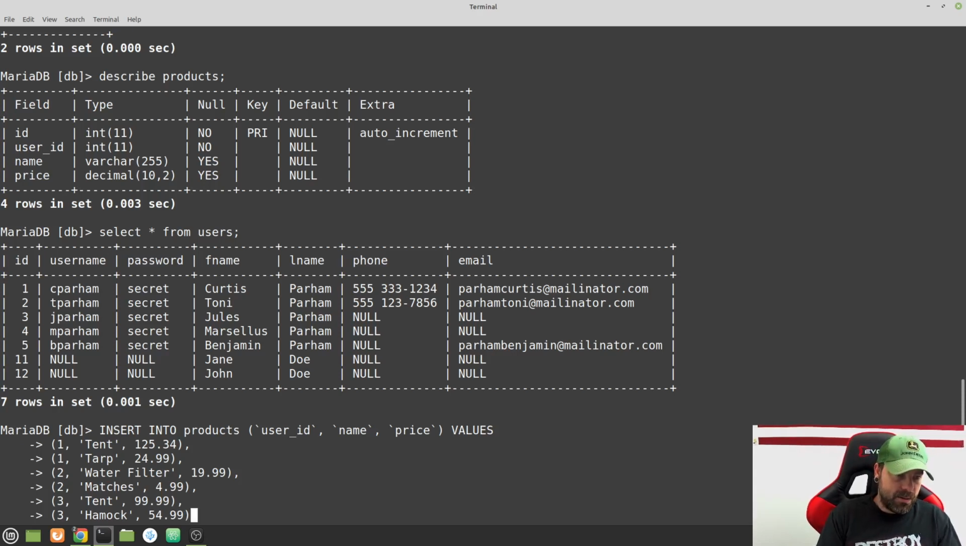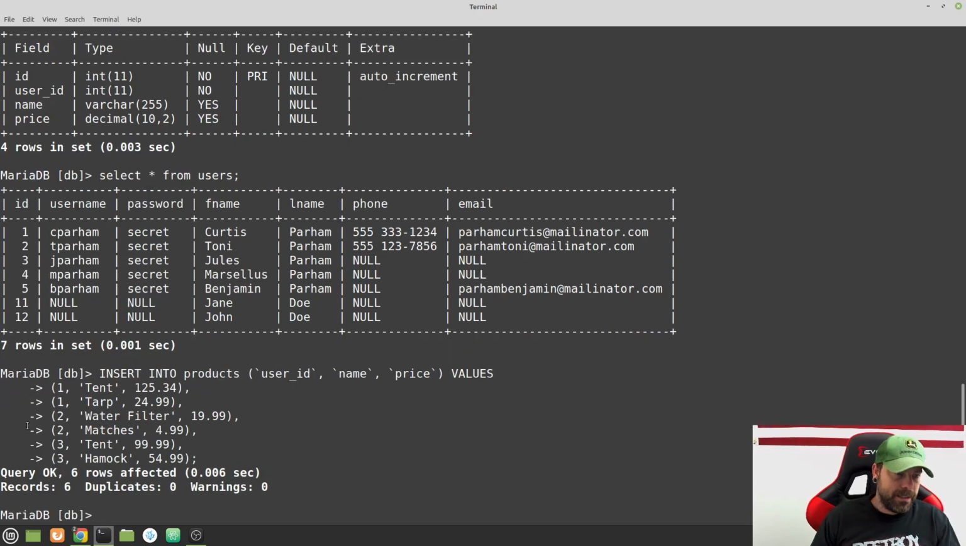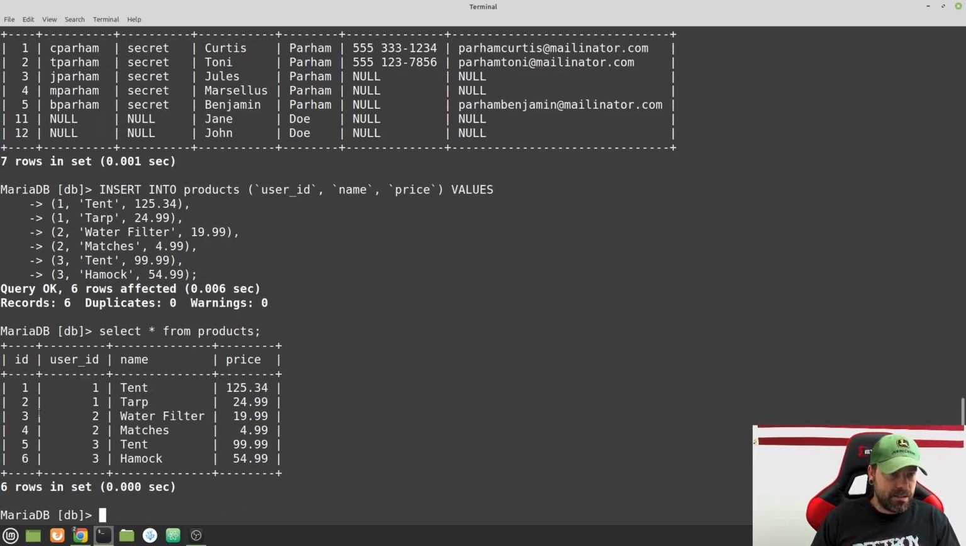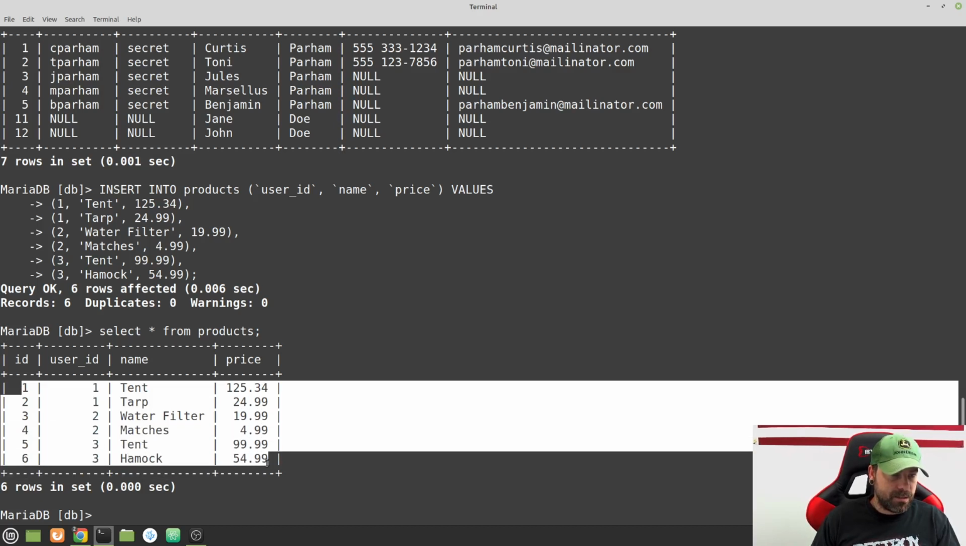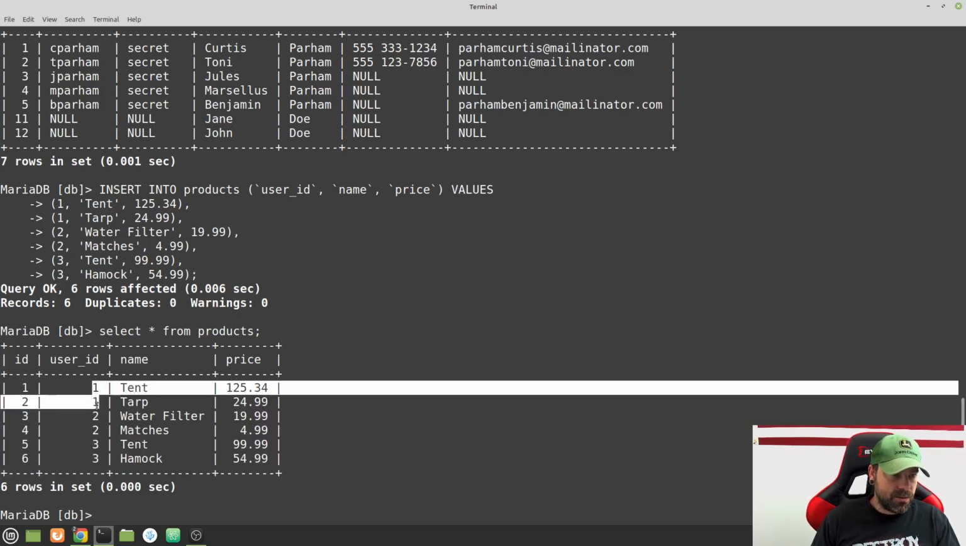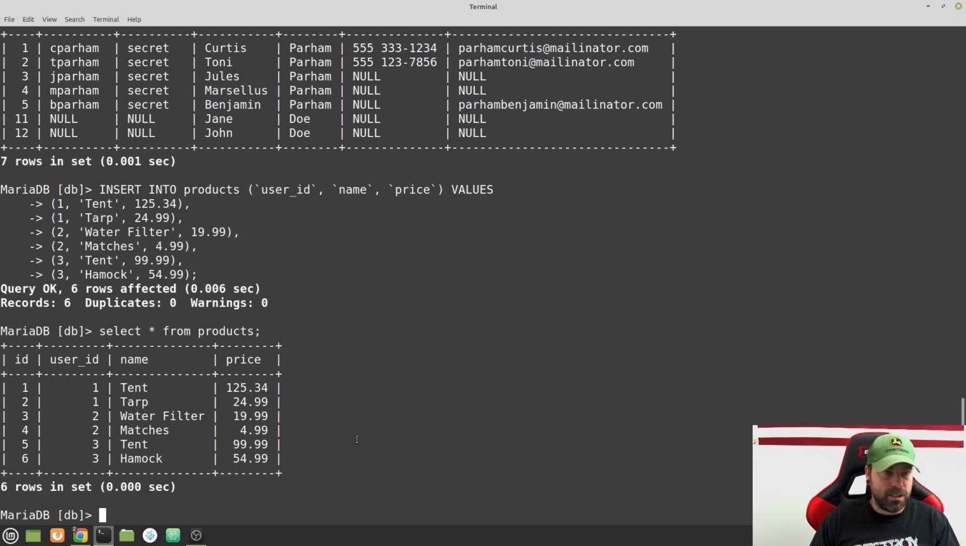All right, so now we've done that and we have all the values. So I'm gonna go ahead and do a semicolon. And now it says 6 rows affected. So if I select star from products, you can see now that we have information in our products table, and the user ID. Let me just explain something. We haven't really covered this yet, but this ID right here in this ID column,